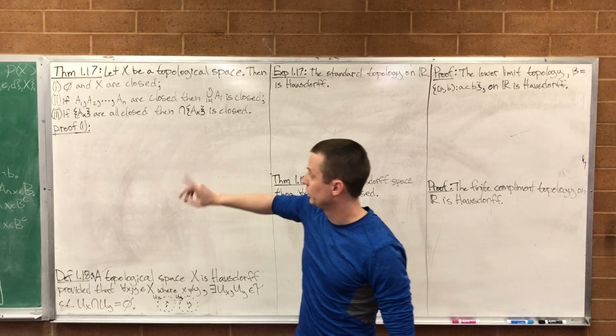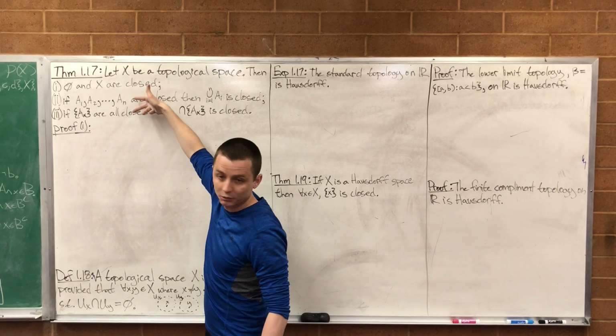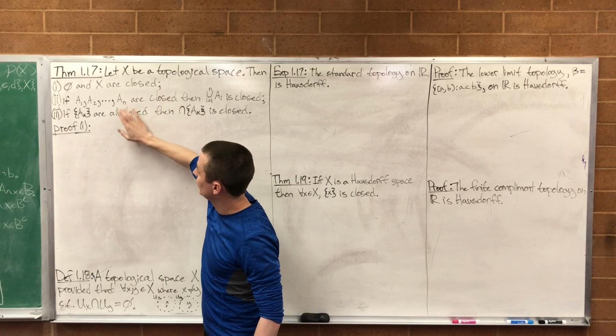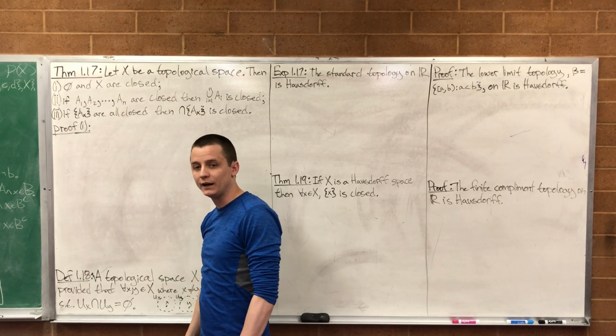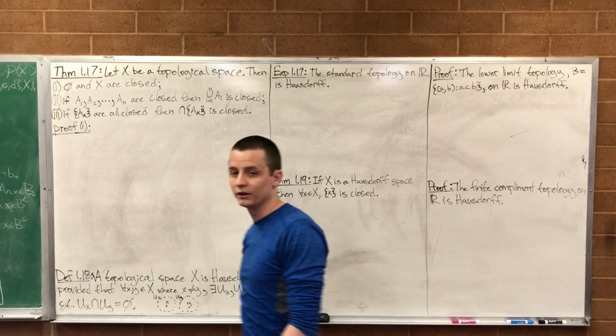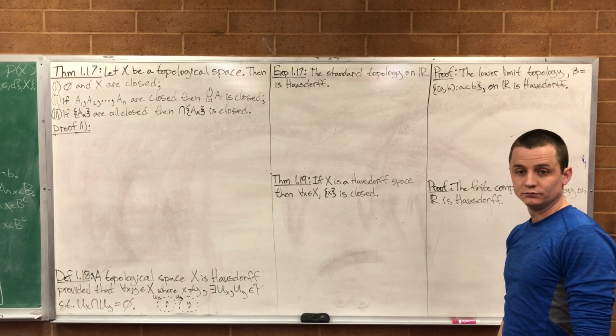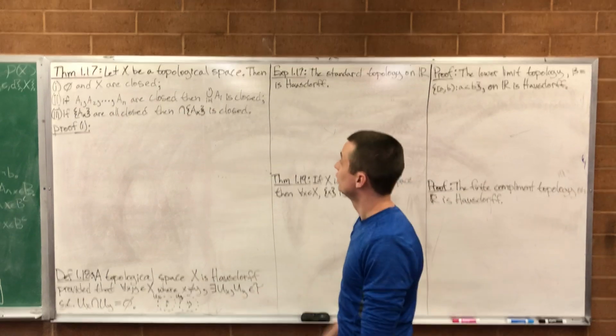Very similar. But that bottom one is union, and this one is intersection, depending on which order you want to do it. I could have flipped the order so that they're talking about union and intersection, and then this one was arbitrary versus this one was finite. However you want to think about it. Good? Okay, so this is what we're going to prove.